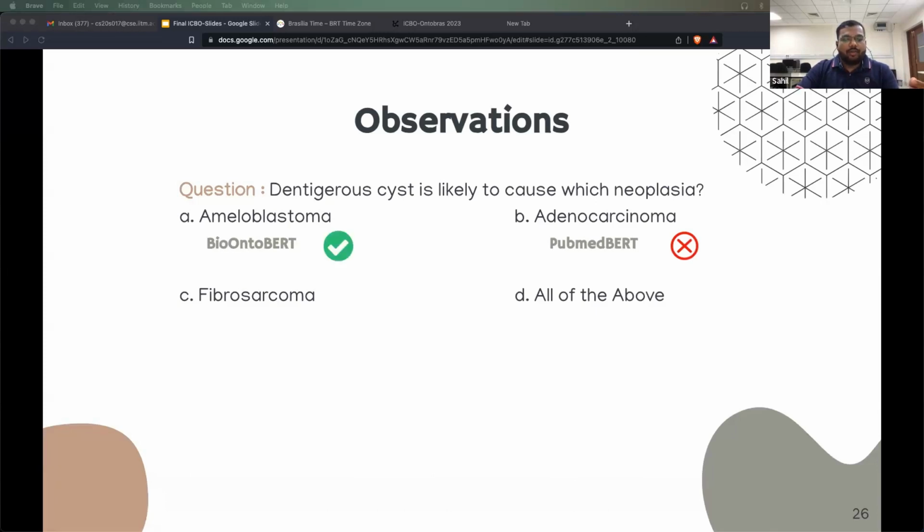We see BERT as a black box, but we see some observations in the comparative analysis. Option A, ameloblastoma, adenocarcinoma, and option C, fibrosarcoma, are all present in the disease ontology, which is part of our pre-training data. And neoplasia, which is a question keyword, is also present in the disease ontology. Whereas dentigerous cyst is not